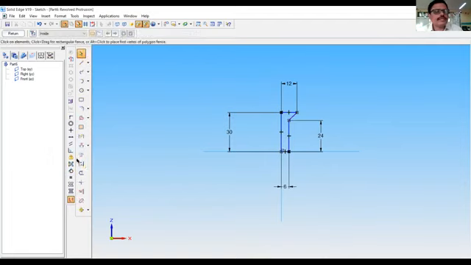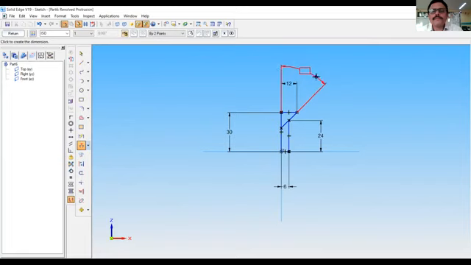Let's extend this. And now measure the angle. It's 45 degrees now. So trim the unwanted portions. This is the unwanted portion.